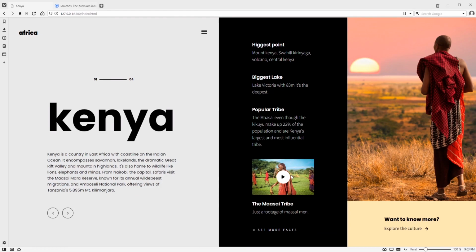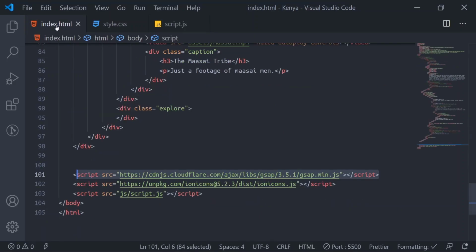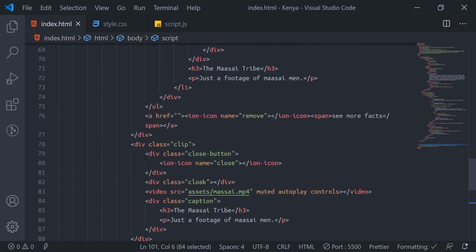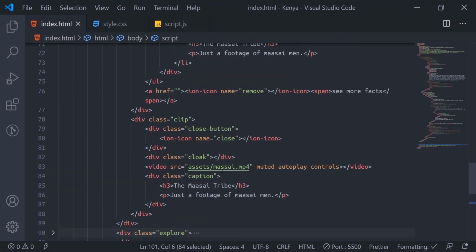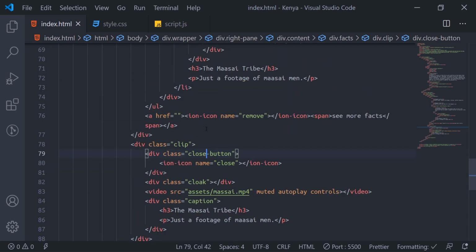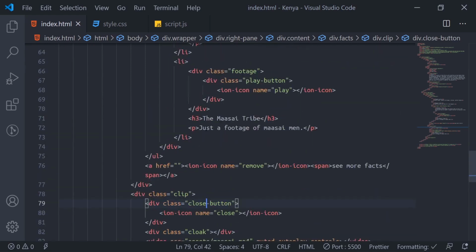So what we need to do next is, if we click on this play button now, it will expand this one. So we will target this play button. Okay, see, I'm here.